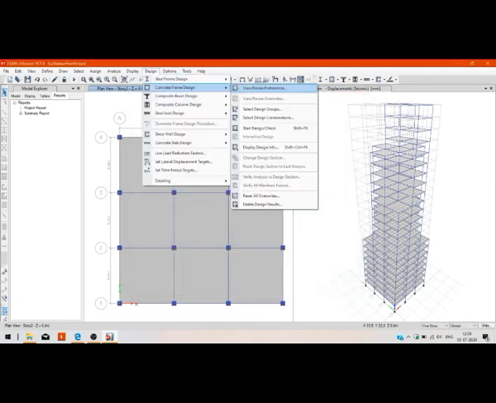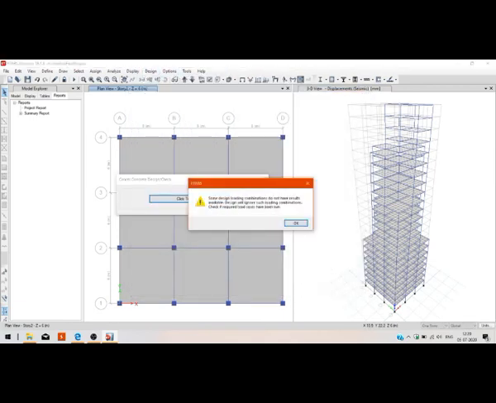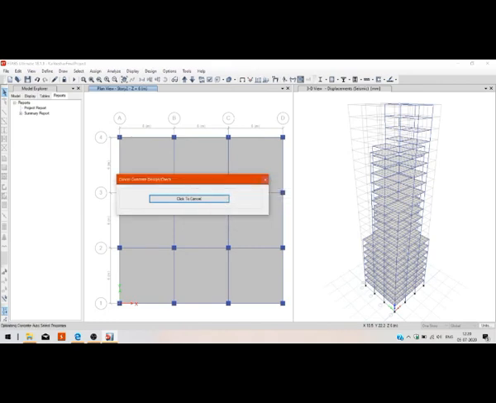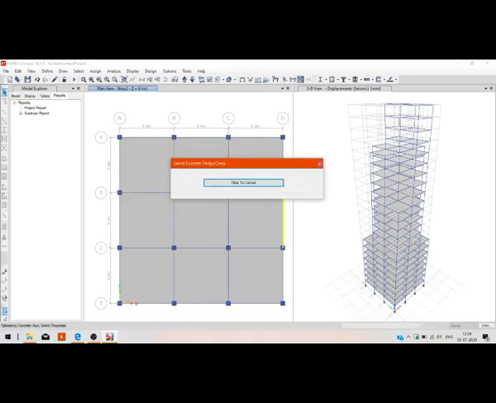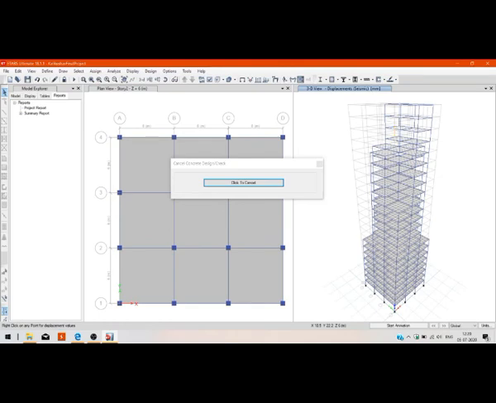As we have browsed the file, now we will start designing. You can see the design has started.